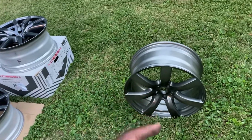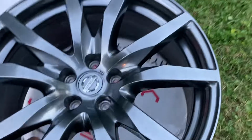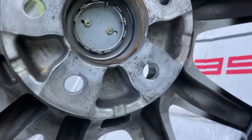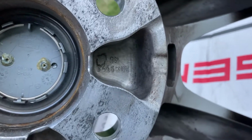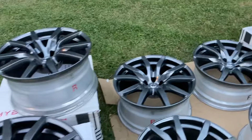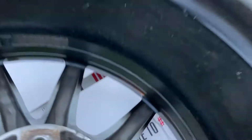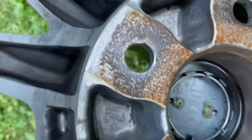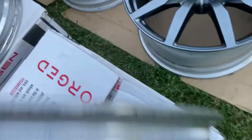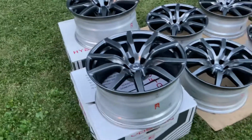The front wheels are going to be 20 by 9.5 with an offset of 45. But let me actually get to it so that we'll make sure I'm not lying to you. If you can read upside down, there it is. And the rear wheels are going to be 20 by 10.5 with an offset of 25. There it is. So without further ado, since this is also somewhat of an ad,